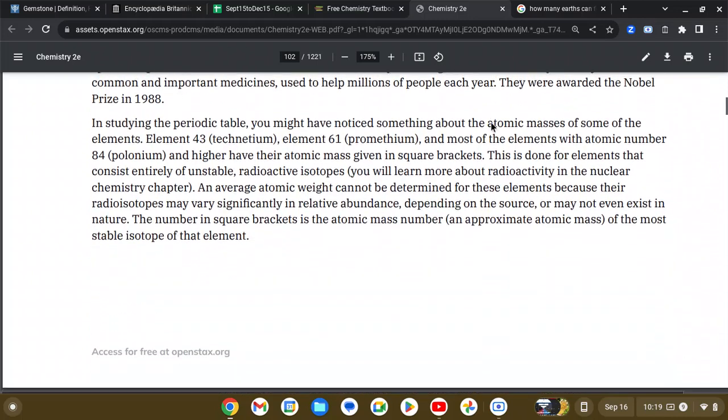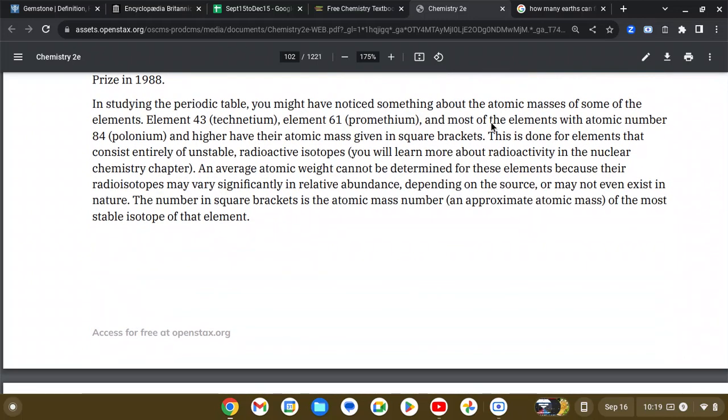In studying the periodic table, you might have noticed something about the atomic masses of some of the elements. Element 43, technetium, element 61, promethium, and most of the elements with atomic number 84, polonium,